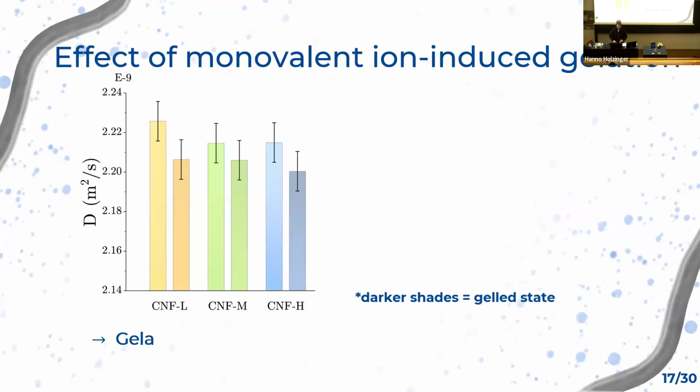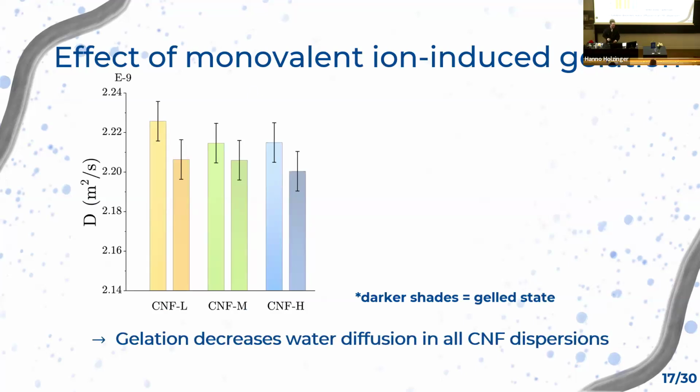These effects are visible when comparing water diffusion, shown here in absolute values. So to confuse you extra, I had to come up with a third axis. Now we have the absolute diffusion values, meaning higher values, quicker diffusion, lower values, slow diffusion. And with gelation, we can see here nicely that across all three different charges, the right column each time here,